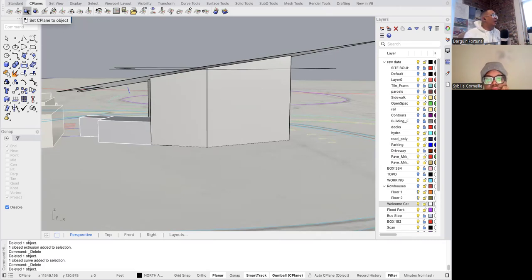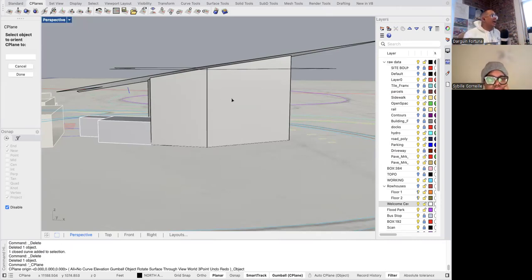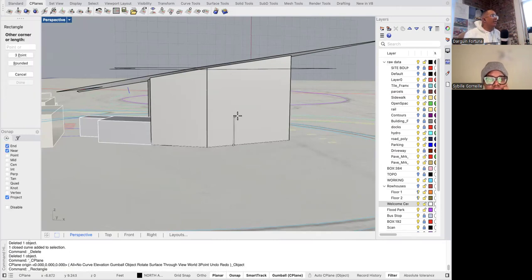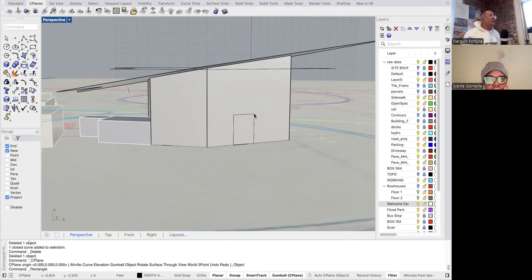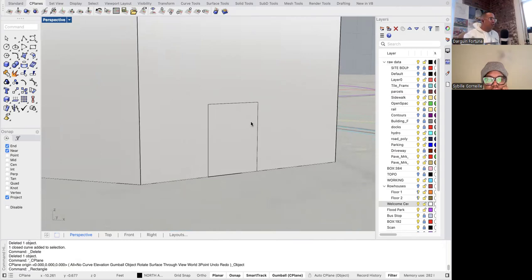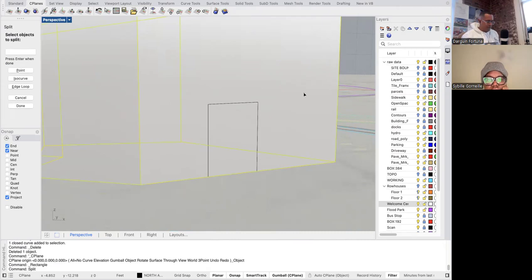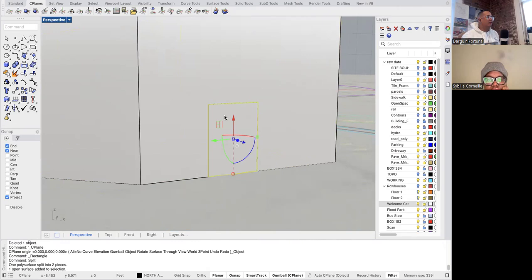And the way to do it is you go into the box that says set cplane and say, I want you to be my cplane. And you see how the background has the plane now? Every time you draw, it's being drawn on that area. So now you can do a door. And you're like, well, that's just a line. Yeah, but you can use a beautiful tool called split. Select the object to split, the object to cut it with, and now you have a door,